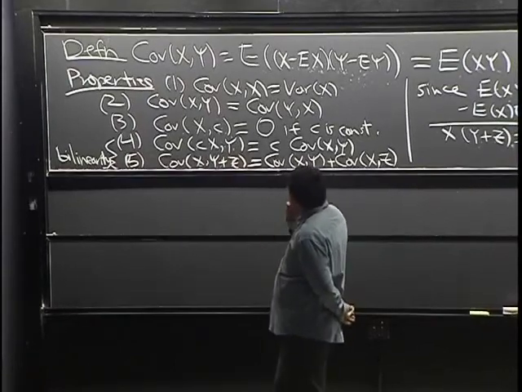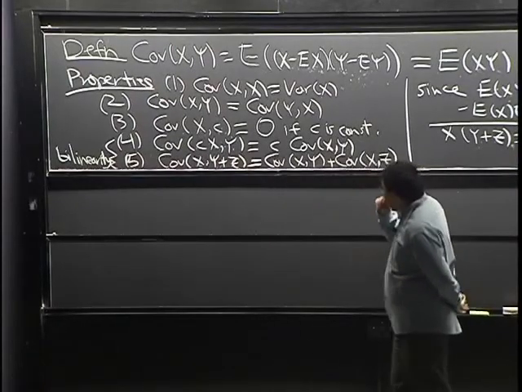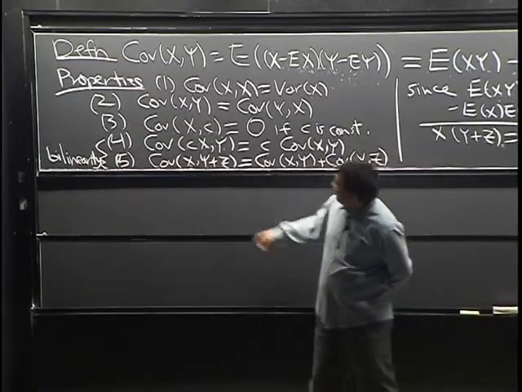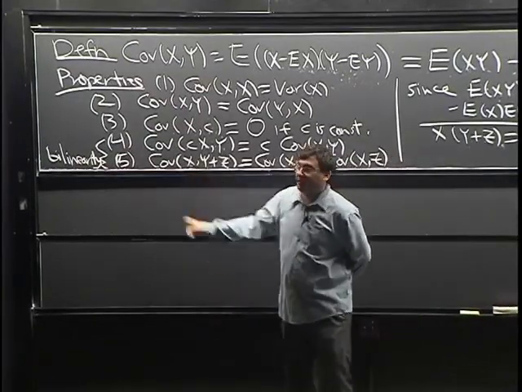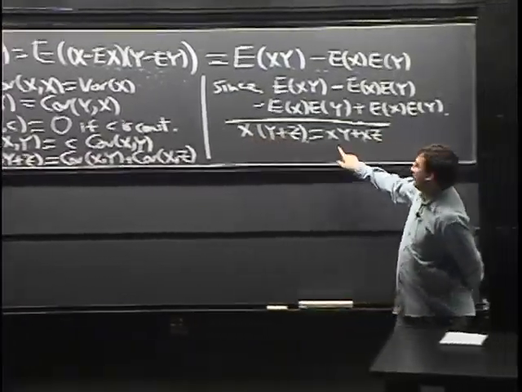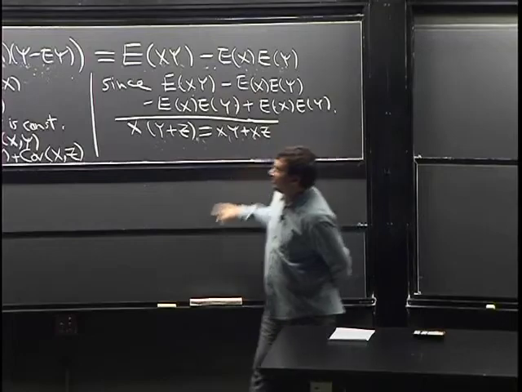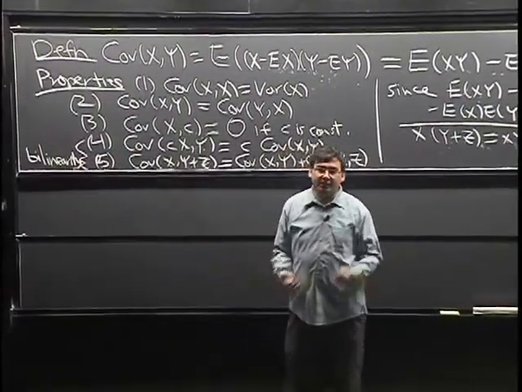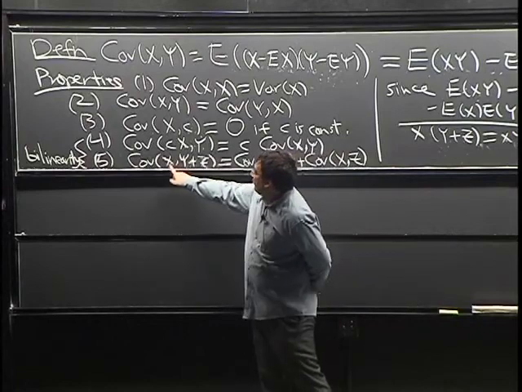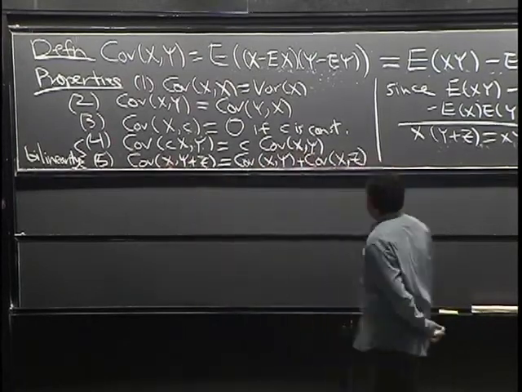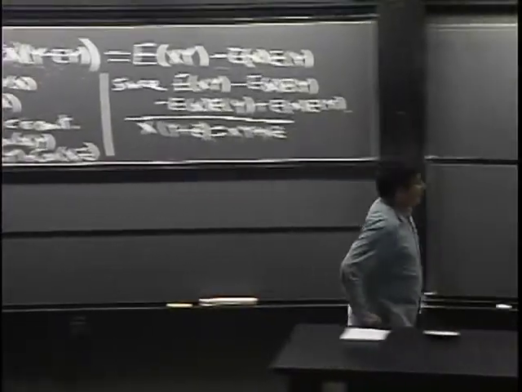An easy way to remember this is it looks like the distributive property. Like here, x times y plus z is xy plus xz. It looks like that, except it's not literally multiplication, it's covariances, but I'm doing covariance of this and this and this and this, right? So if I wanted to extend that to what happens if we have more of them,